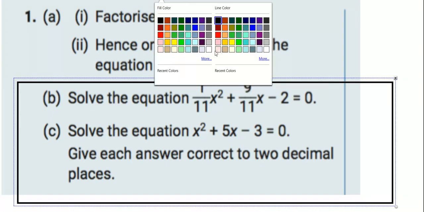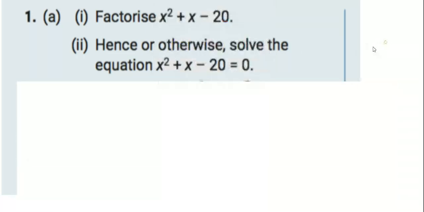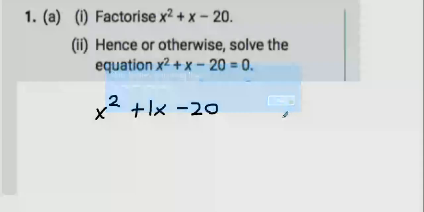Okay, so here we go. All right, factorize. Now, what factorize means is put into brackets. Okay, so here's what we have. Two numbers that when you multiply give you minus 20, but when you add give you plus 1. Many of you know how to do this one? Really? Okay, that's unfortunate. You multiply the first number by the last number and you get